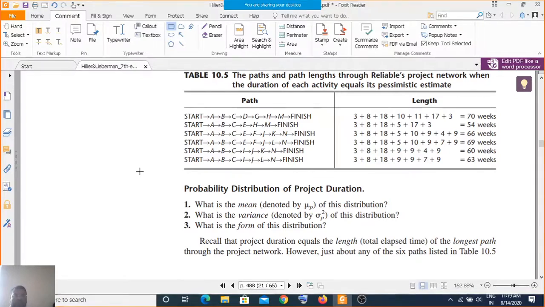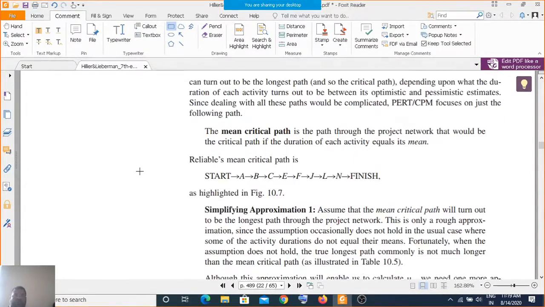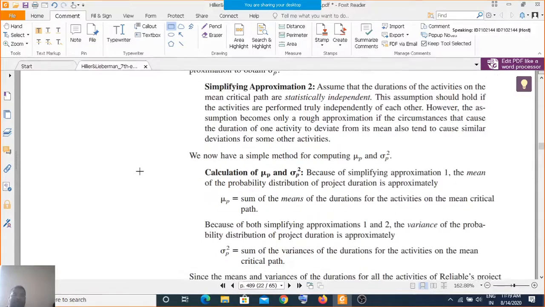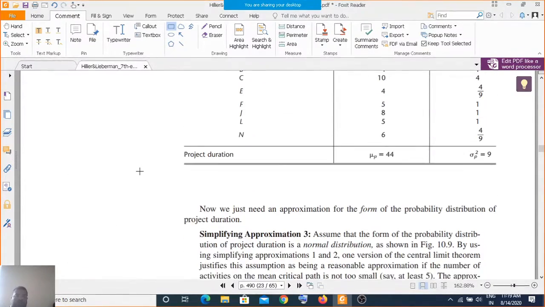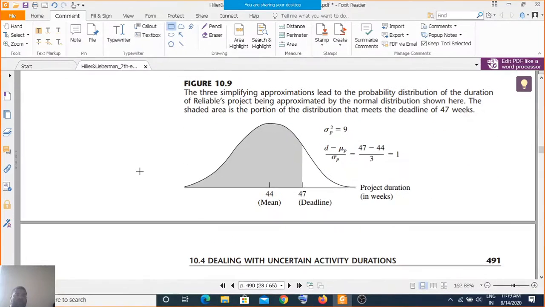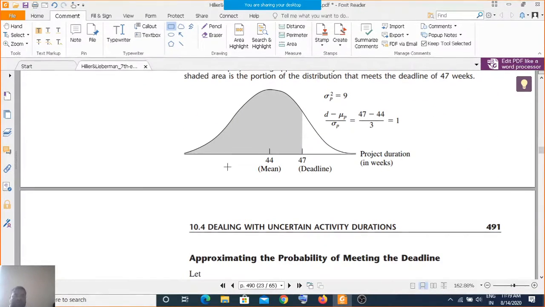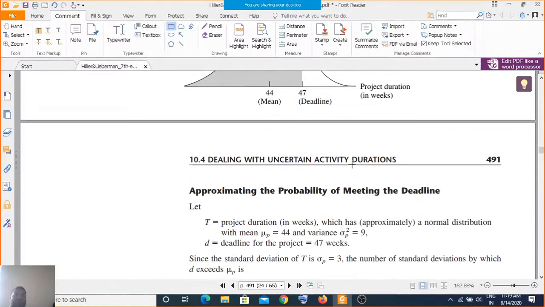These things are there in the PERT projection. If you go with the calculation and the simplifying approximation, you get something like this: the mean time is 44 and 47 is the deadline. The project duration in weeks, if you go continuously, is 79 weeks, and you can complete this within the time.